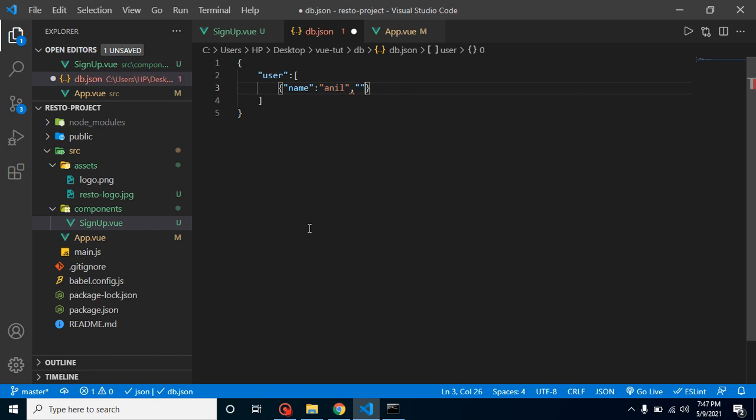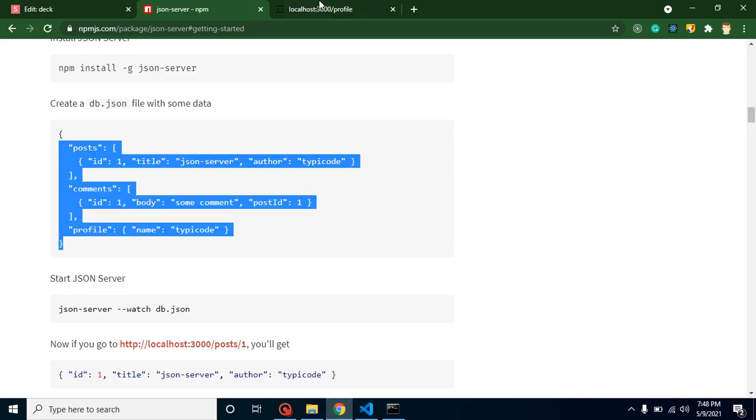Second one is email, can be Anil@test, and we have to use quotes also. And last one is, let's say, password, and password can be abc@123, right?